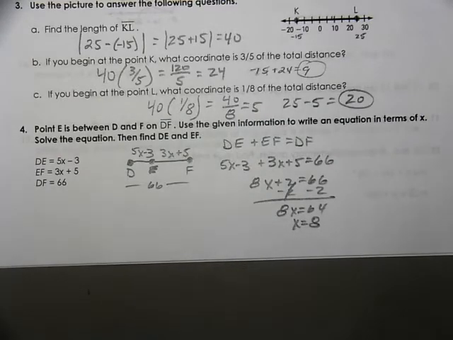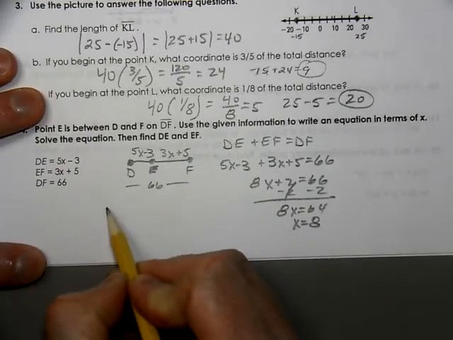Now, on the midterm, I'm sure that the 8 is going to be one of the options. You've got to be sure to answer the question every time. If you bubble in 8, you've done all your work right, but you get 0 credit on a multiple choice test. To get DE